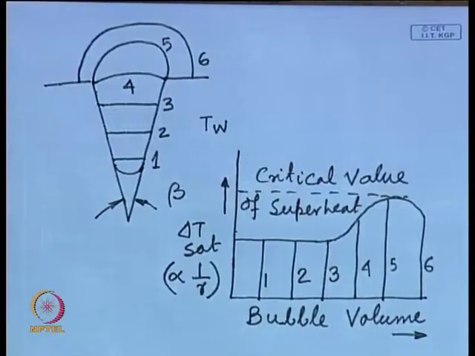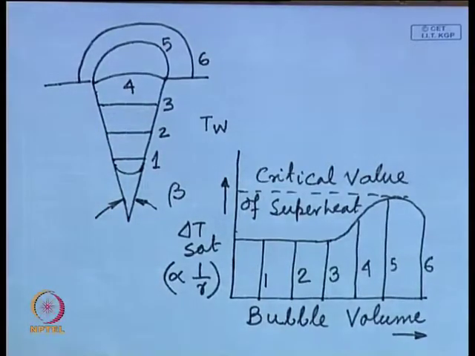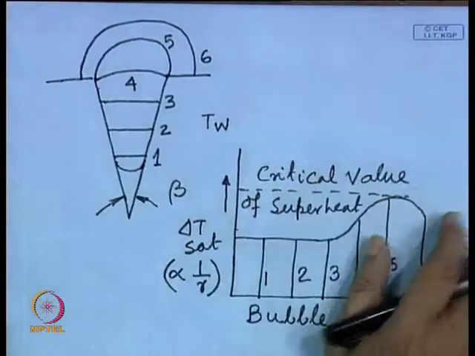Okay. So, people have done a lot of mathematics, so we will not go into this, but let us keep our physics clear, that when bubble nucleation will take place from this pore, this included angle is important, and at the same time the radius of the bubble mouth is also important. Now, with this additional thing, which is just an extension of the previous topics which we have learned, we go to the evolution cycle of a bubble.